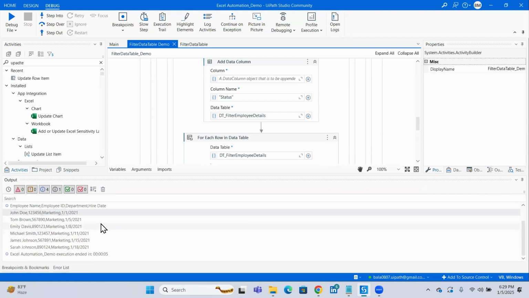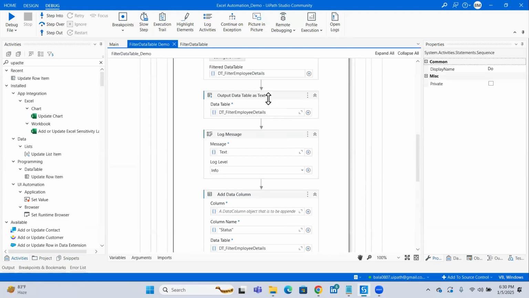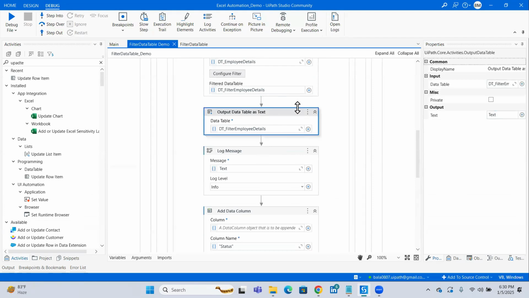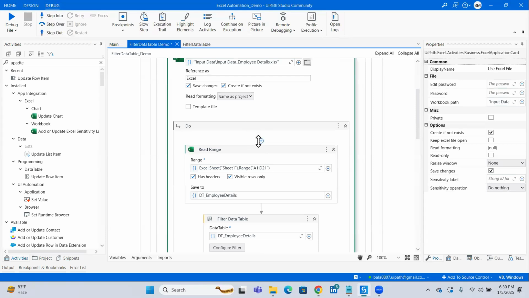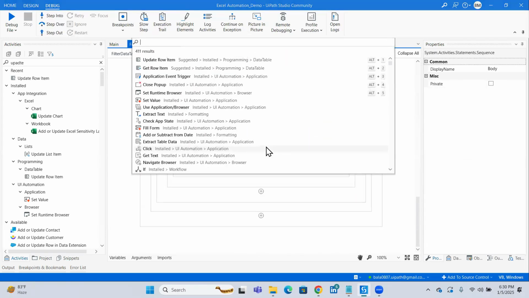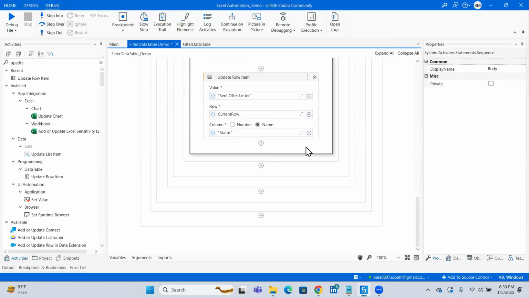Here it didn't update the status. Let's check what happened. Okay, got it. So what we have done is, we have used this output log message in the middle. So what we need to do is, we need to